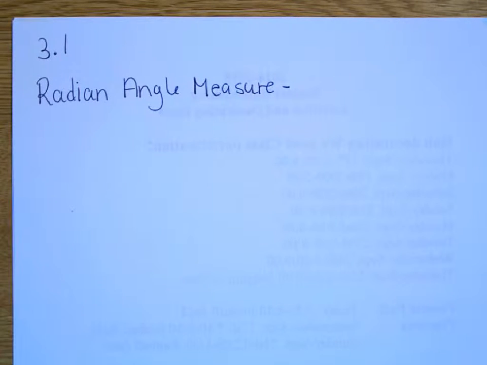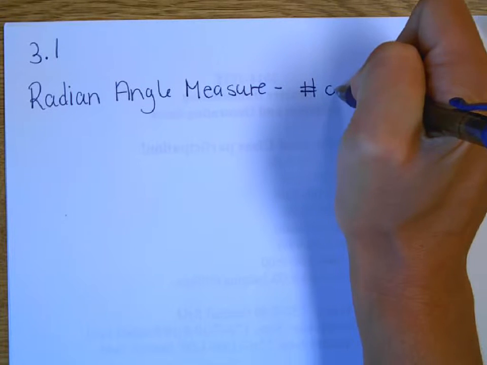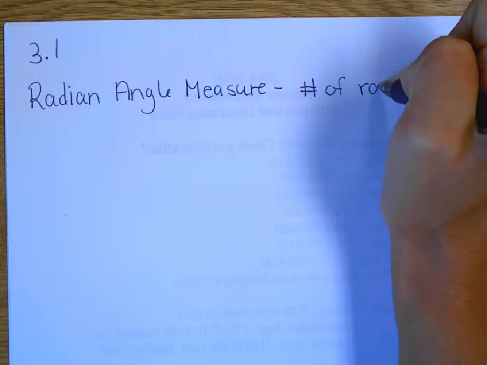You saw radian mode. Listen now, let's focus. You saw radian mode on your calculator in the last chapter, and we were in degree mode. You didn't know anything about radian mode. Now you're going to learn about radians. It's another way to measure angles, and it's a much better way to measure angles. And what a radian angle measure is, it's the number of radius lengths